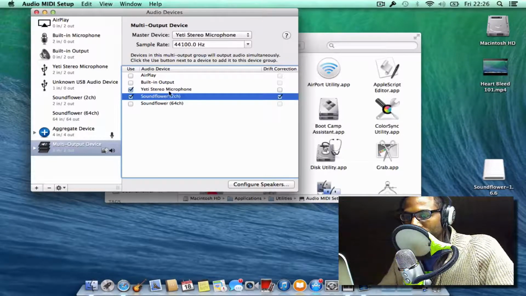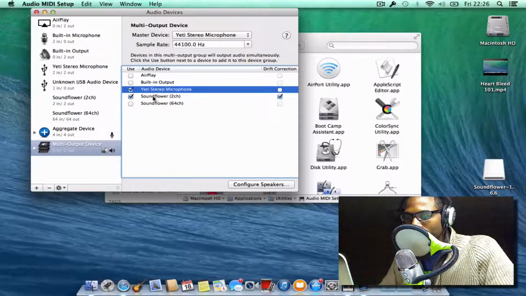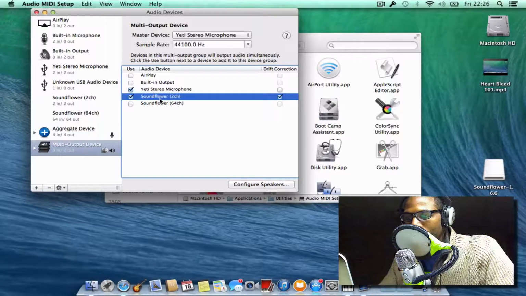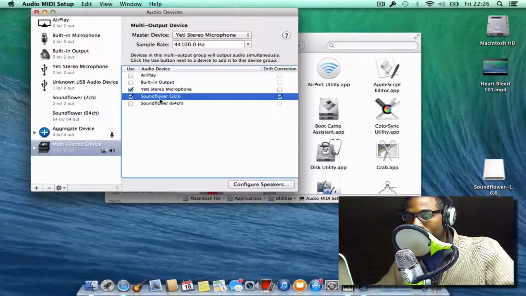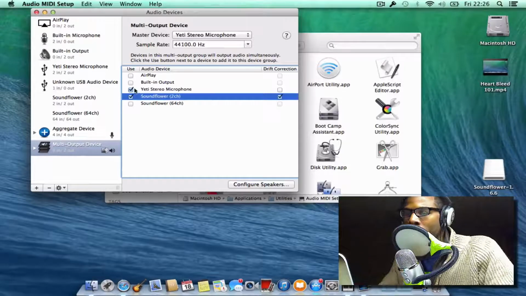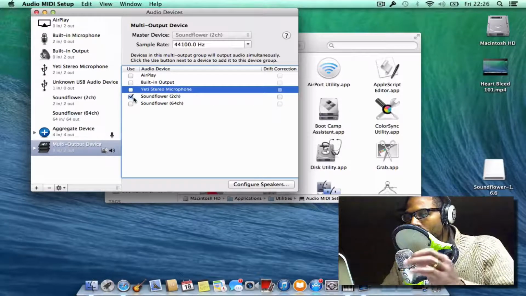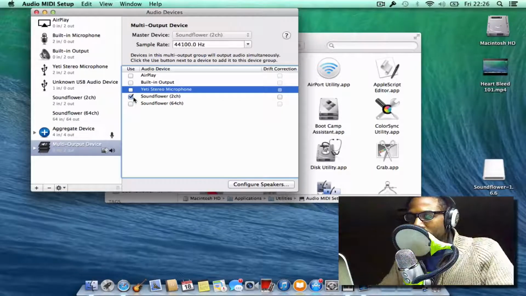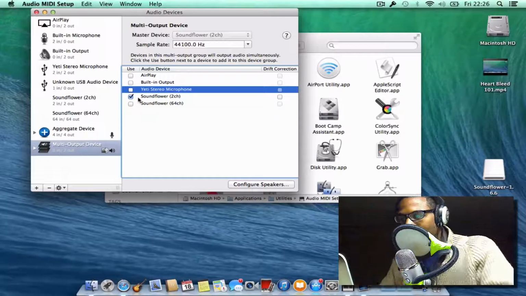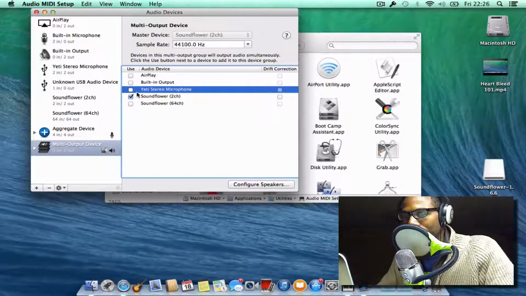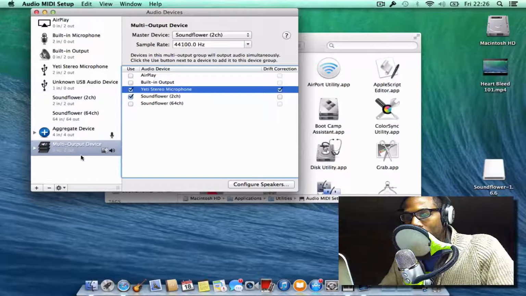So the application is going to hear us talking in the microphone and is going to hear what is playing on the computer, right? And if we want to record something without any sound, where we don't want our voice or we don't want a microphone to record it, we would just leave this unchecked and we can record directly from the computer. So we can play any movie, any video, anything, and we can record the sound directly into another application and make a completely different file from it. But I'm going to leave this mic enabled because I can always mute the microphone. So that is how we add our aggregate device and our multiple output device.